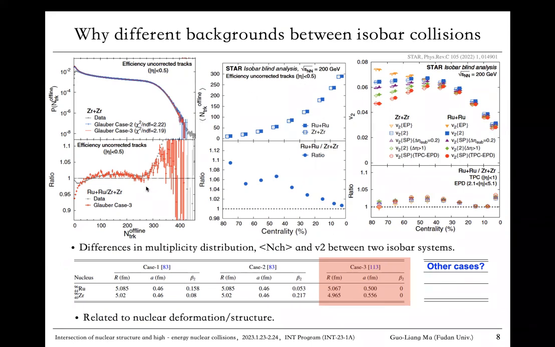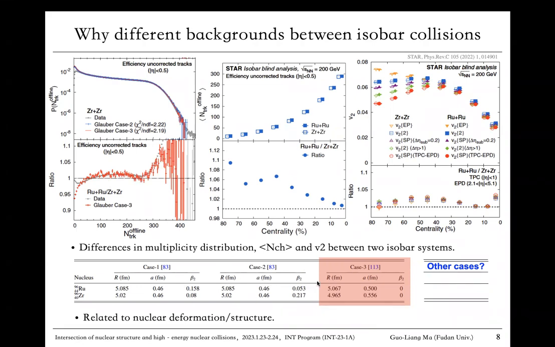Actually, if we compare ruthenium and zirconium, we find differences: the difference in the multiplicity distributions, the difference in the number of charge as a function of centrality, and the difference in the V2. So, in order to describe the experimental data,